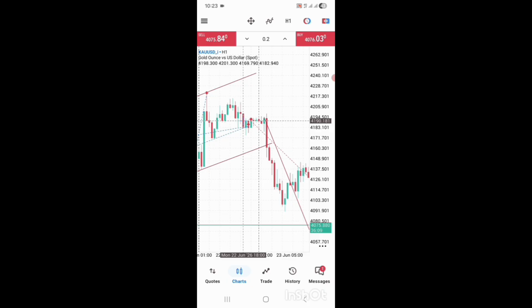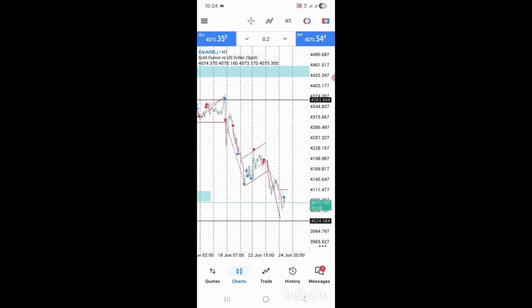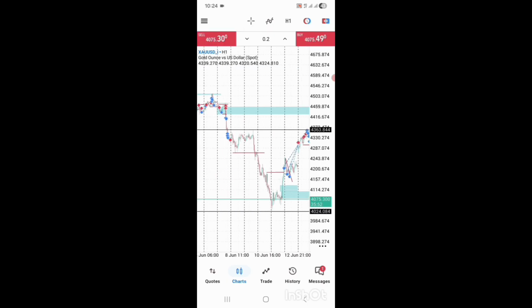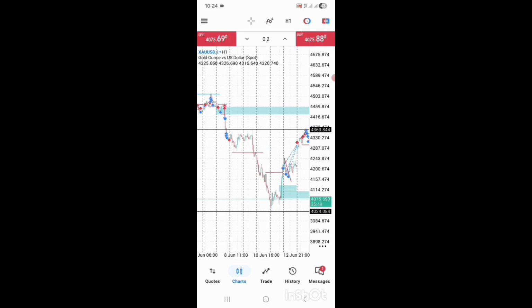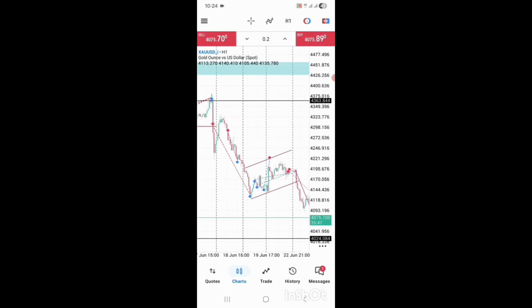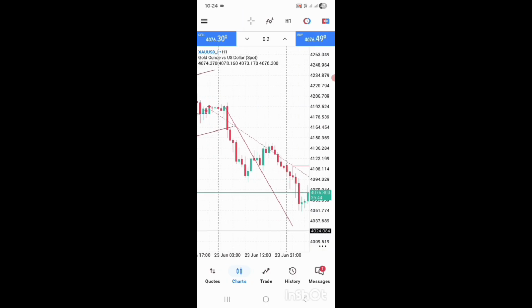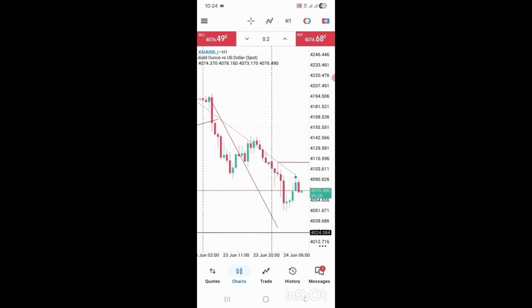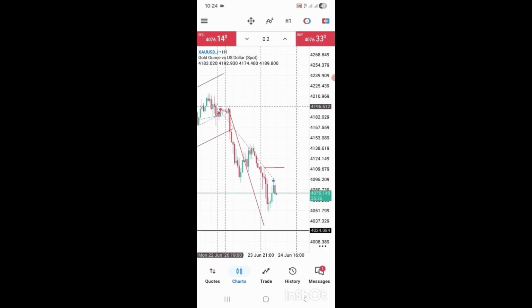I saw the selling pressure here. I was like, no, these are lower lows, lower highs, so there is no way price is going up. And it also just clicked in my mind, what if price wants to do what it did here? You see, I think I explained all that already in the previous video. So I took the one sell, I took out those highs here, and the one sell I took here, I held it. I think yesterday I updated when it was doing this retrace, but I held it.